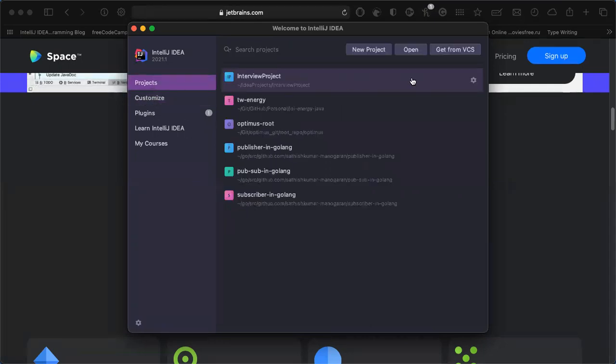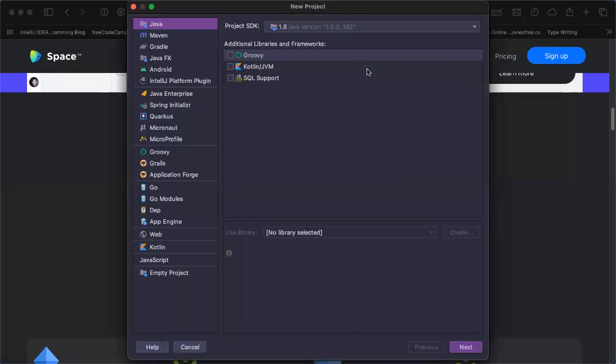But these you can explore by yourself. Here I'm going to talk about these two. New project is nothing but creating a new project from scratch, similar to Eclipse, where we create a Java project or Android project or a Groovy based project, any project. Most of the time we will not do this one. 90% of the time we will clone the project from GitHub, or open an existing project. This you can also explore; it is self-explanatory.